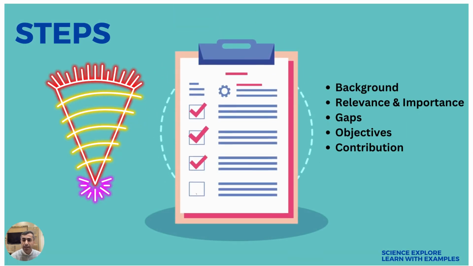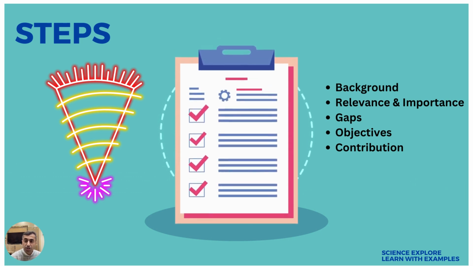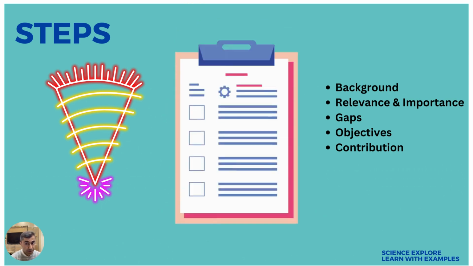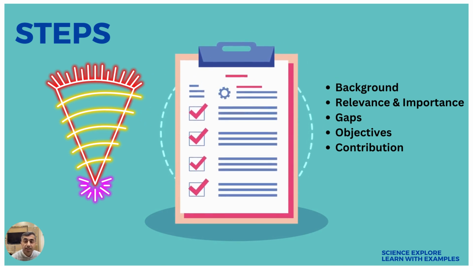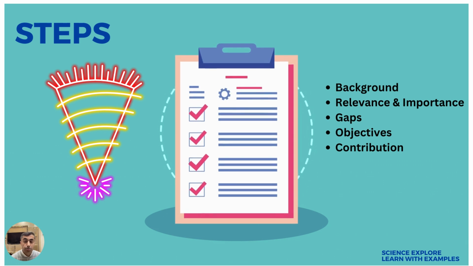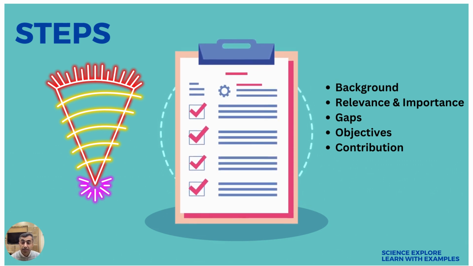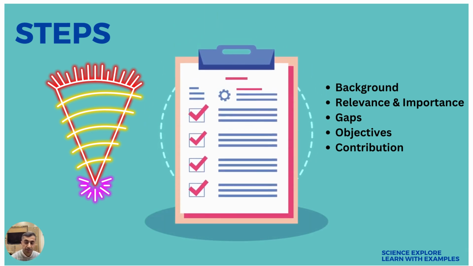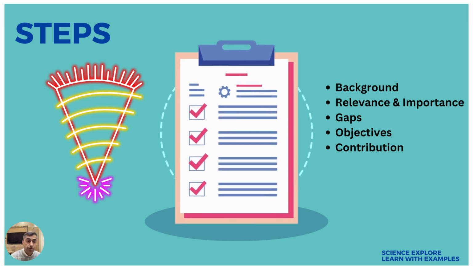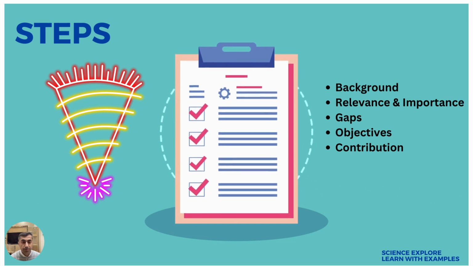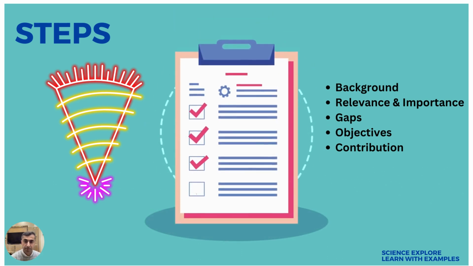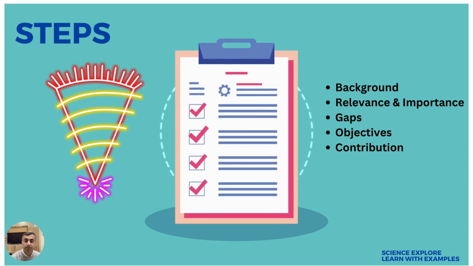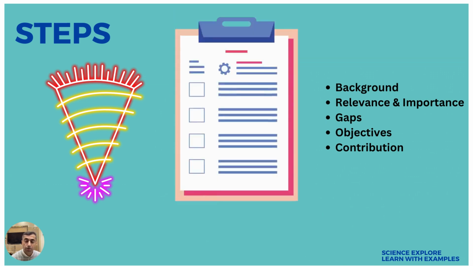By presenting information from general to specific, you guide the reader through a logical progression, ensuring that they understand the broader context before going into the specific details of your work. So this style helps in creating a clear and interesting story that inspires the reader's interest. Also, don't forget to start from the general to specific. Start from background, relevance and importance, mention gaps, fill the gap, then explain the